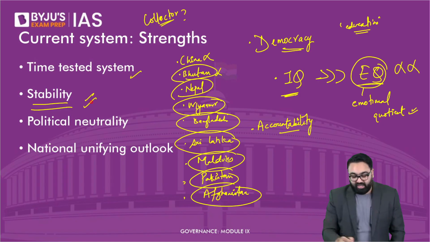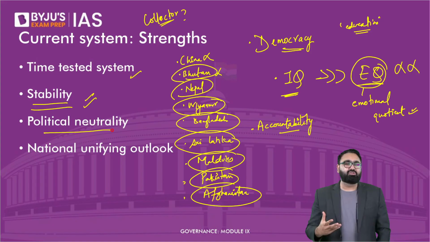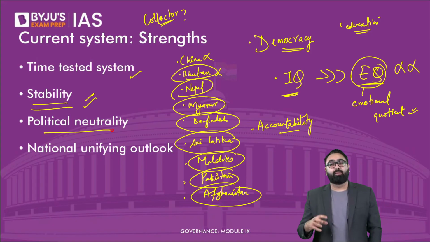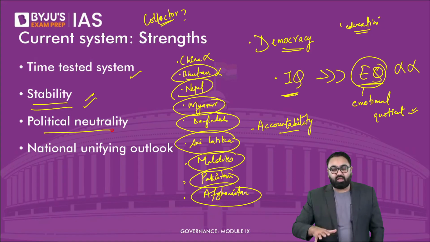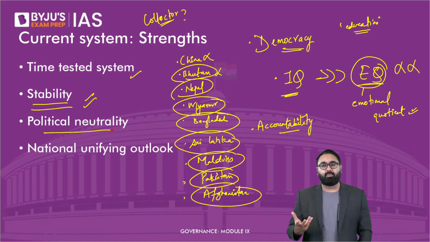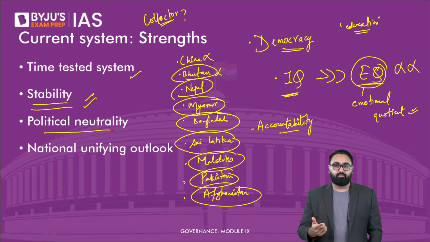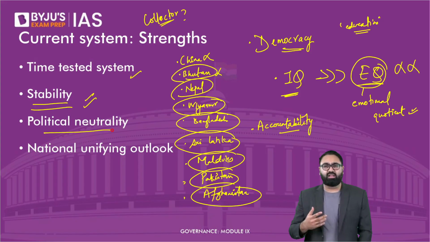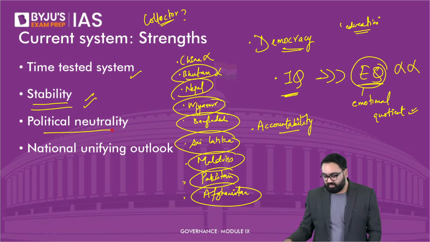They are politically neutral. Again, there are so many examples of IAS and IPS officers joining a political party, but only after their retirement. You will not see the bureaucrats within the service openly supporting a political party. There may be one or two exceptions here and there, but overall, they have always maintained political neutrality. Doesn't matter which party is in power, they will advise on the best interest of the country,